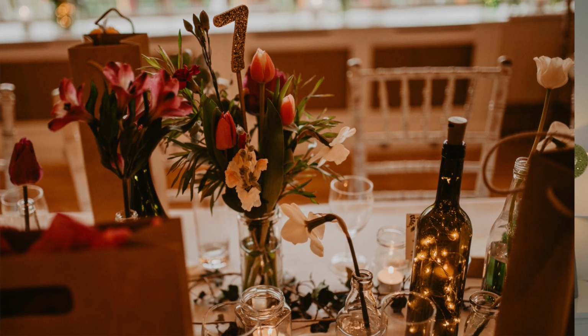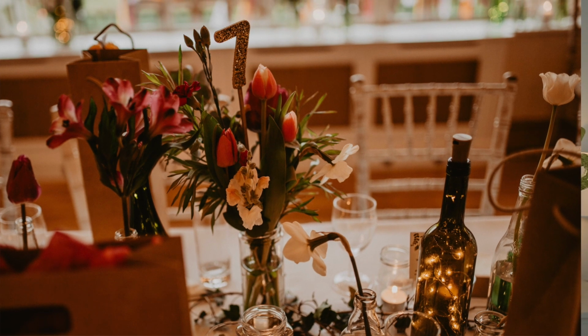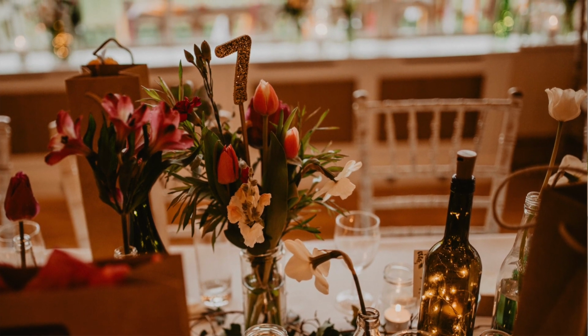Now what we actually did with these is we had big, well, in Tesco's you can get these quite wide, tall jars of passata, and we use passata all the time for cooking, so we saved a load of passata jars and used them to put the table numbers in with a small flower arrangement. We got all our flowers from a combination of Sussex Flower Farm, where you can buy fresh